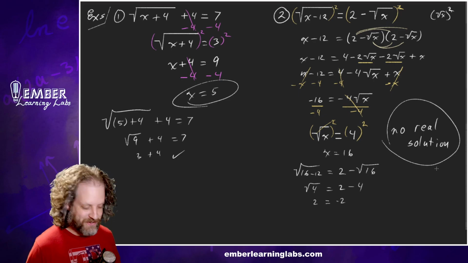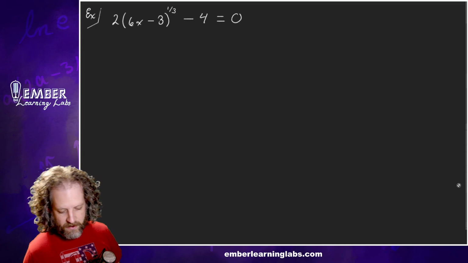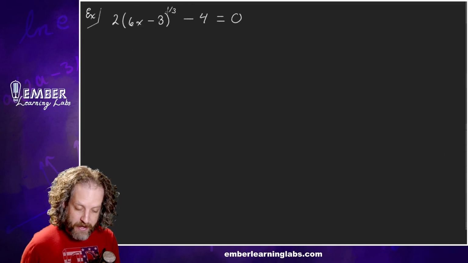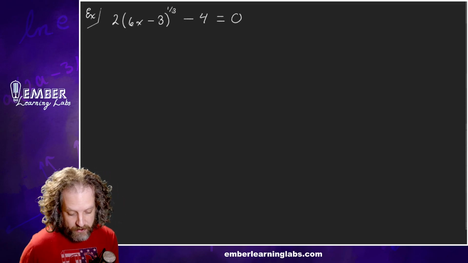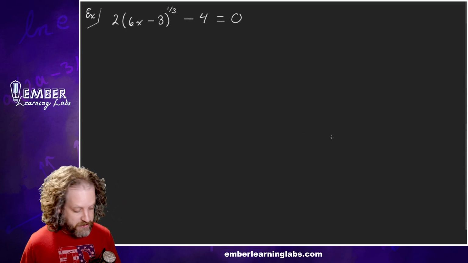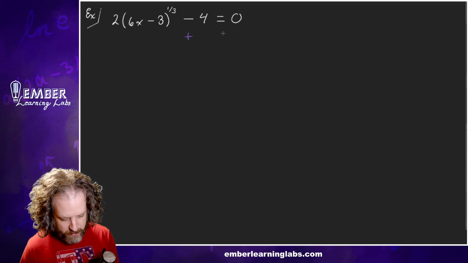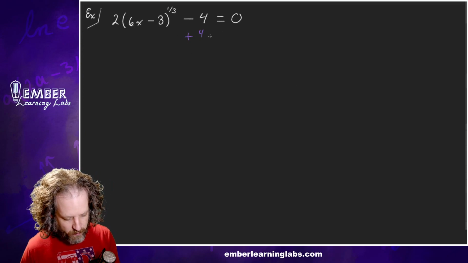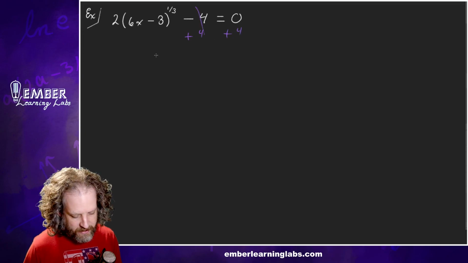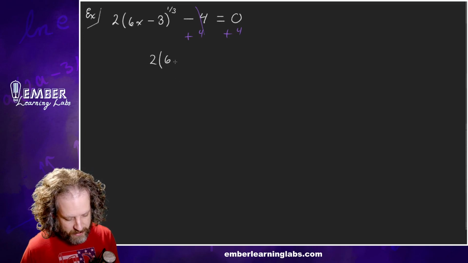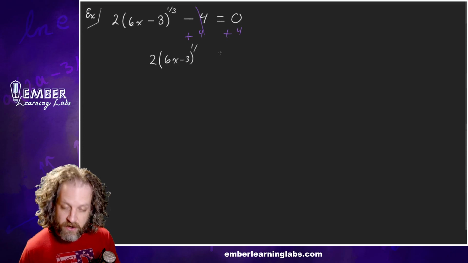Okay, let's do another one. All right. So we've got a radical here, right? It's in exponential form, but we've got a radical, and we've only got one of them, so we're going to start by isolating it, right? So we can add 4 to both sides. Plus 4 and then plus 4. That cancels, leaving us with 2 times the cube root, or 6x minus 3 to the 1/3, which is also a cube root,